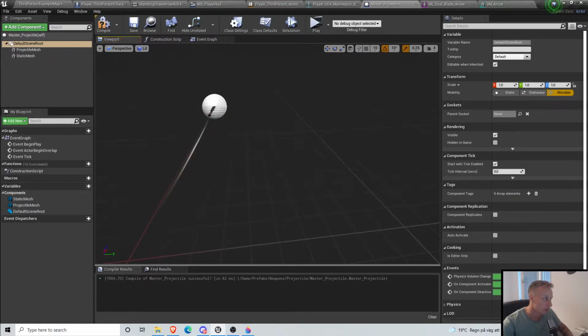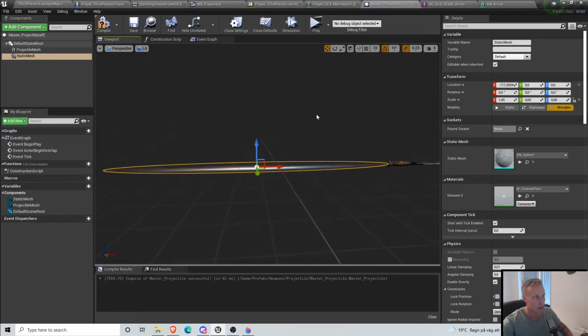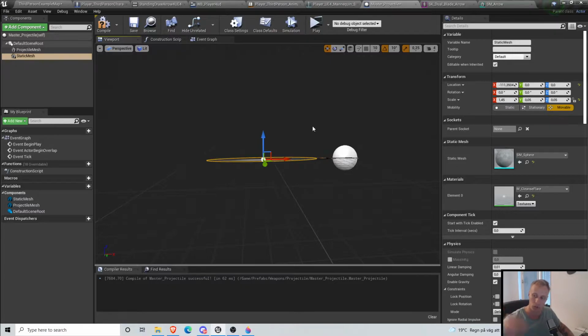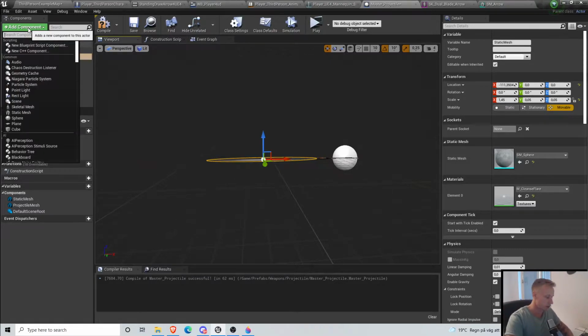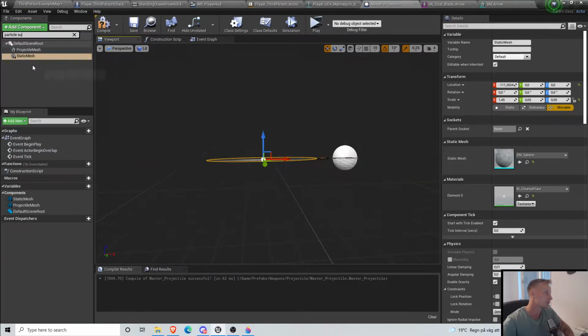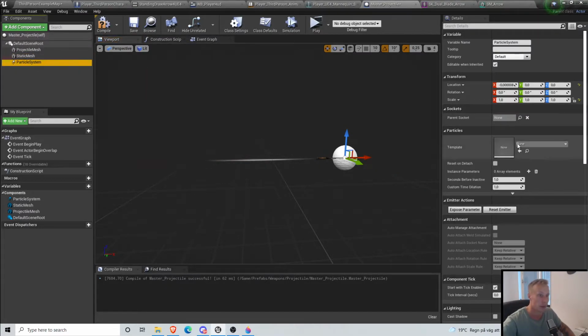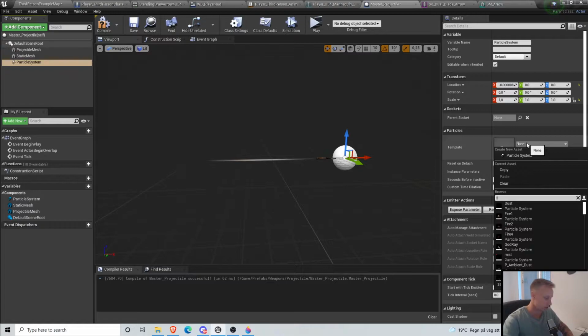That's actually better. It's only shown from one side, but yeah, you get the point. That looks kind of like a swish, or you could just add a particle system. And if you have like a trail,